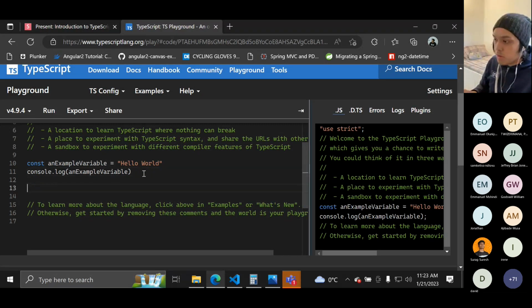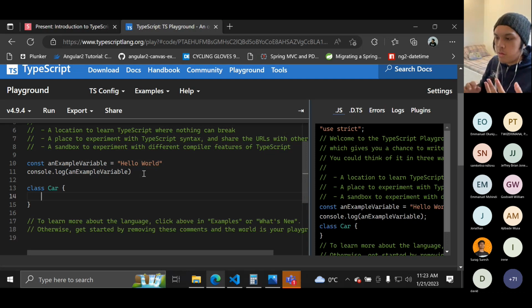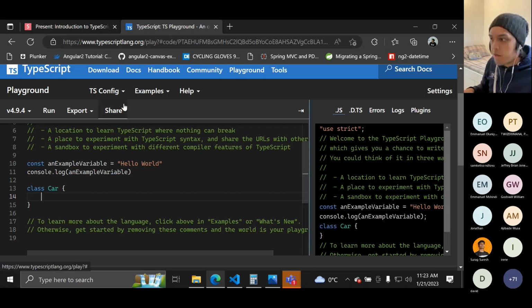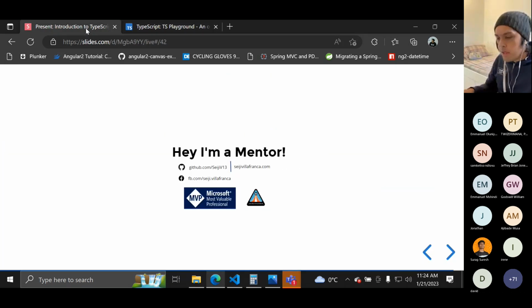So for example, you want to code TypeScript. The TypeScript Playground will run your code right here. So if you just want to learn or try the syntax, the TypeScript Playground is very useful. Right. So yeah, I guess that's it for my talk. I hope you learned something from me about TypeScript. I know that this is just an introduction to basic features, but yeah,